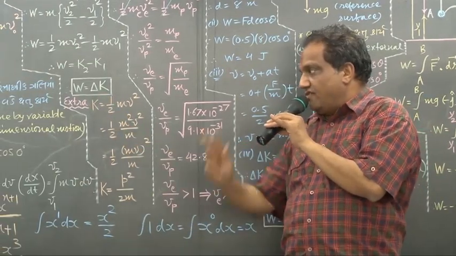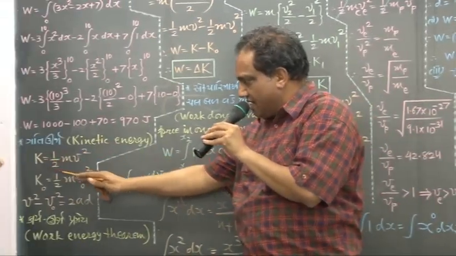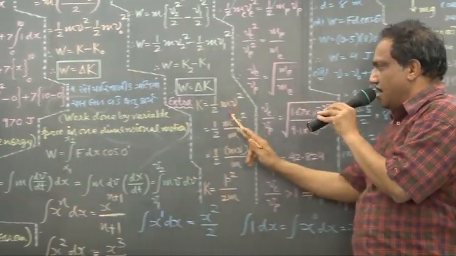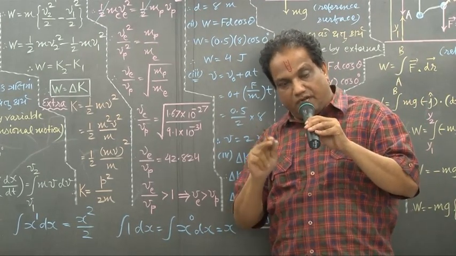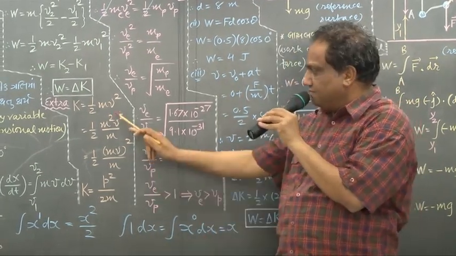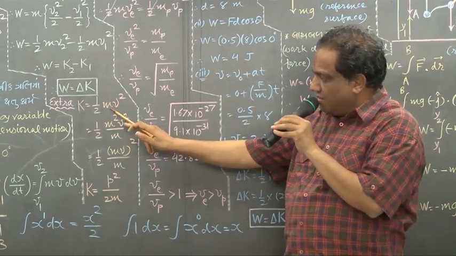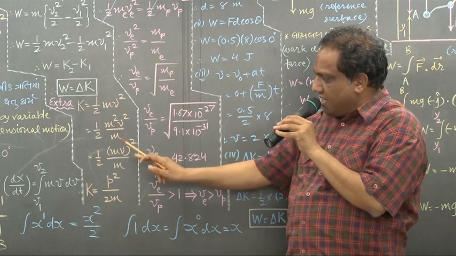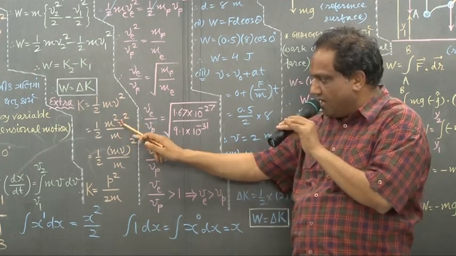Now let us see three formulas for kinetic energy. One formula you already know: half mv square. Now I want the formula of kinetic energy in terms of momentum and mass. I am showing you, very simple. Just multiply by m and divide by m. In the numerator I multiply by m, so m into m is m square, and here also I am writing m. I am just multiplying numerator and denominator by m.